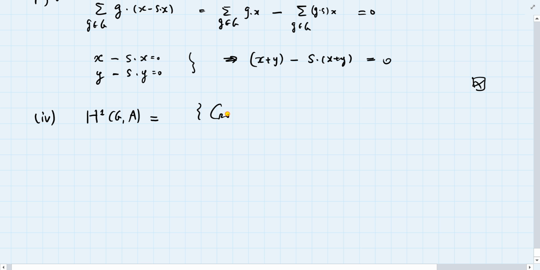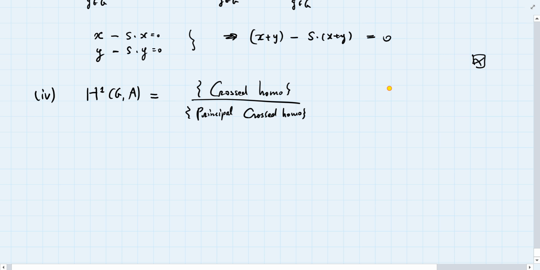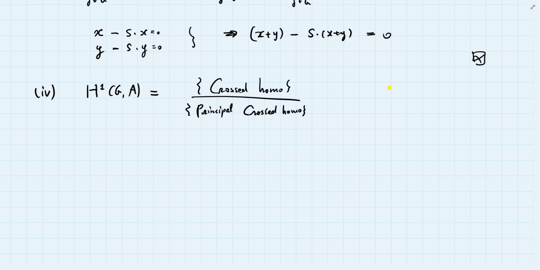Here we have crossed homomorphisms, call it crossed homomorphisms, quotient by principal crossed homomorphisms. What should they be if you do not know? Check it. So it should be those phi which satisfy